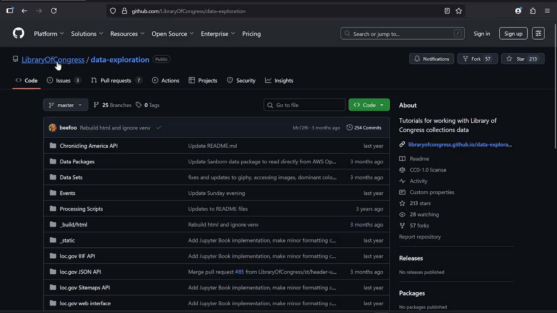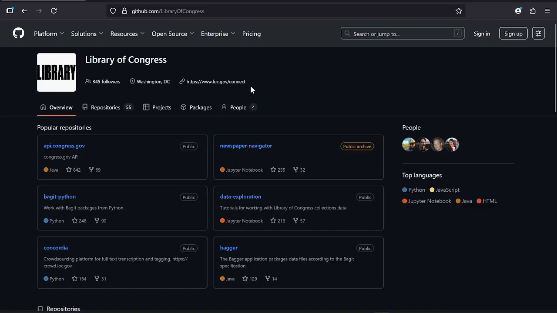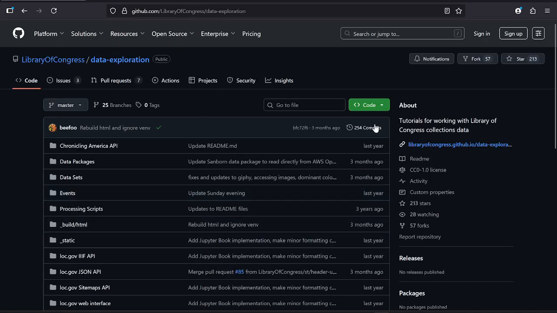Here's one of them, the Library of Congress. And it looks like they have 55 repositories in their GitHub account. And here's some of their popular ones. They have APIs, and I'm actually going to go into this data exploration. And this one looks like it's tutorials for working with Library of Congress collections data. And a few things to note